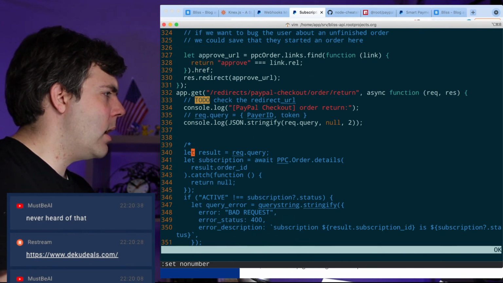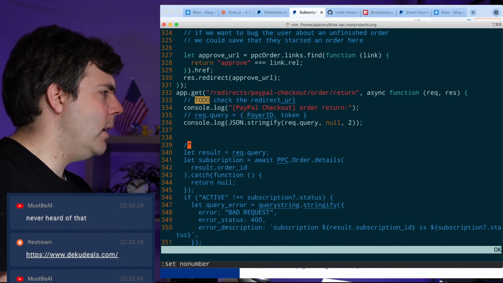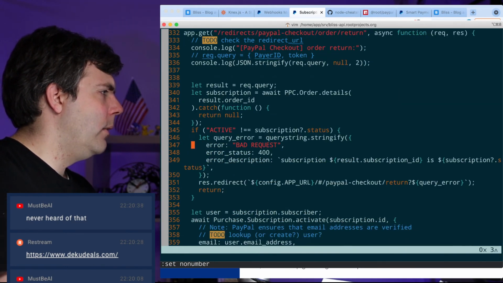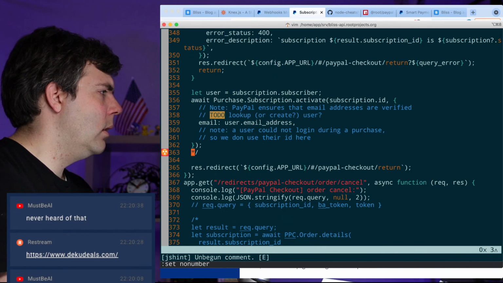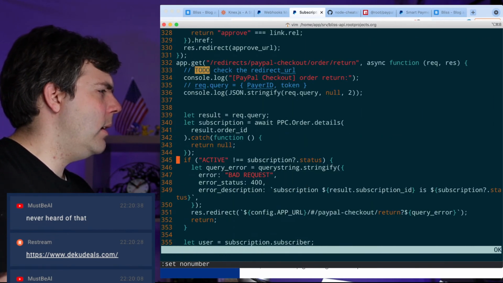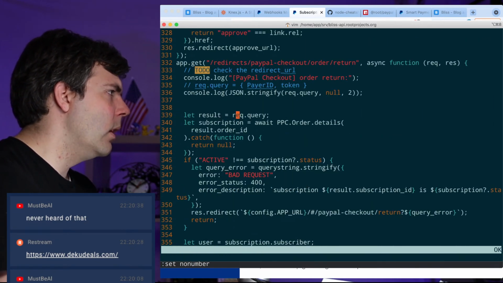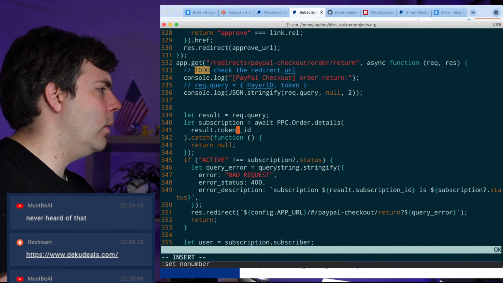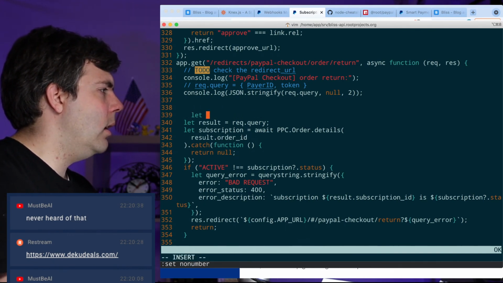Oh, wait, why is this all commented out? This looks about right, doesn't it? We're looking at order details. I think I've got that built out, yeah. I'm not sure why I had that commented out. It looks right. So the result is going to be the query. We're going to look at, oh, maybe it's because a result is token. So maybe, oh yeah, I think I didn't, when I created this,